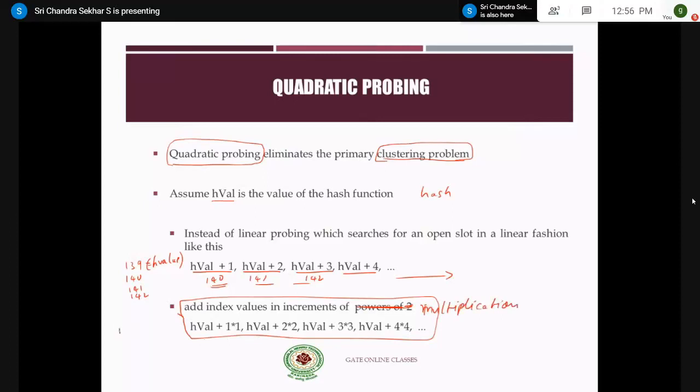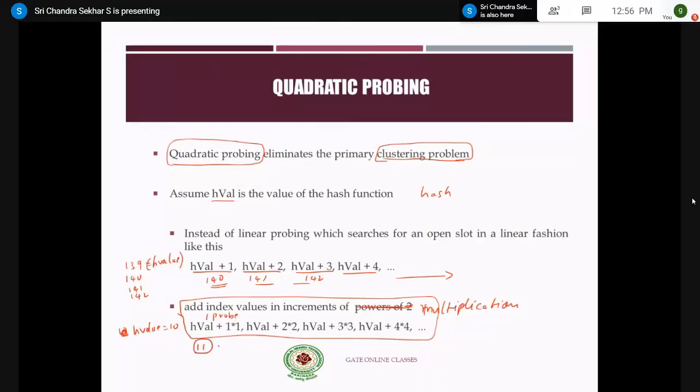For example, if the first h value is 10 and you have a collision at h value 10, you have to probe the next location. The next location will be h value plus 1 star 1, because it is the first probe, that is h value plus 1, which means the 11th location will be searched.